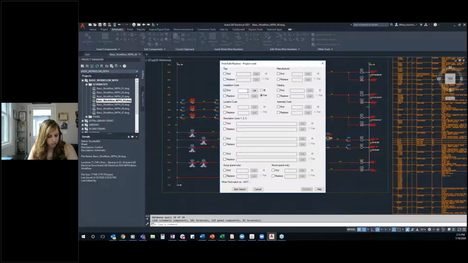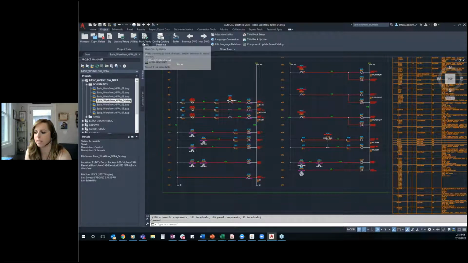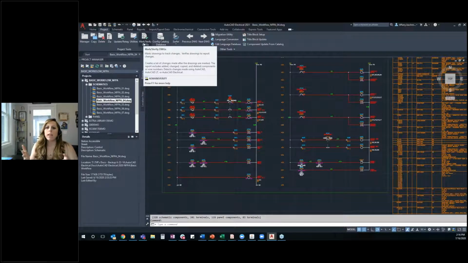One of the other things that I think could be interesting, although I'm not sure how well you would use it for running your own report, but getting a sense of what you have. We have a tool called Mark Verify that I love for seeing where people have made edits to the drawings. I find this tool very helpful for that. It's here under the project tab. And it will look for changes made with AutoCAD Electrical, AutoCAD, or AutoCAD LT. And the beautiful part of that is if I'm sharing my drawing set with somebody else and I want to see what kind of things they did to it, perhaps I'm concerned they were a little bit rogue